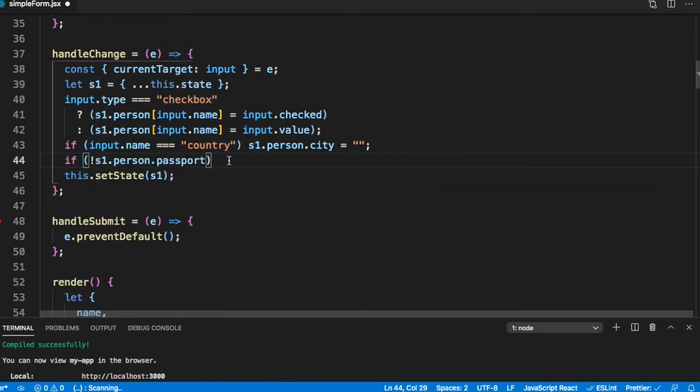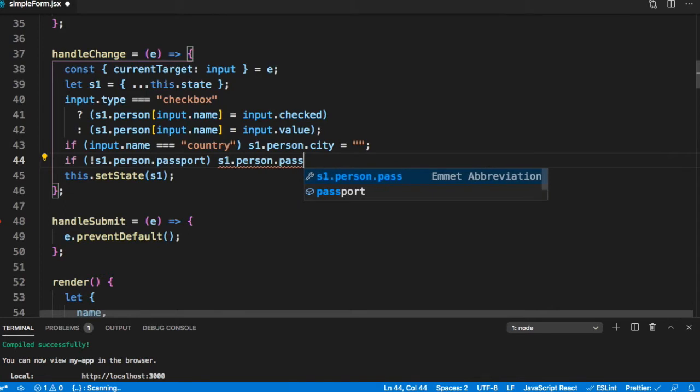So if this is not checked, then s1.person.passportNumber is empty string. We reset it.